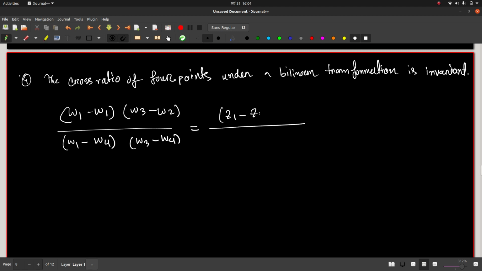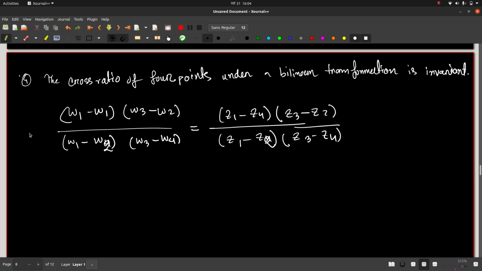Z1 minus Z4, and then we have Z3 minus Z2, then we have this similar thing, Z1 minus Z2, and here it should be W1 minus W2, 3 minus 4, like this. This ratio under any bilinear transformation will be invariant,